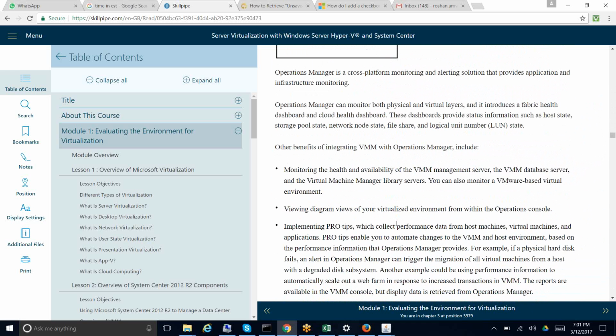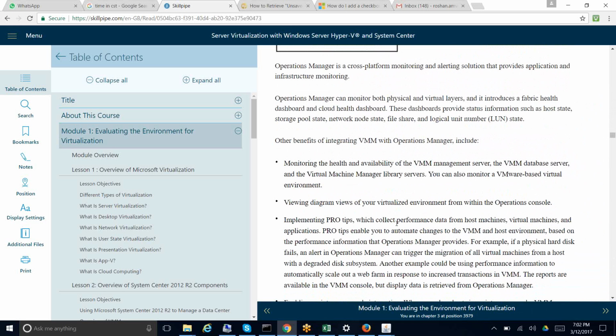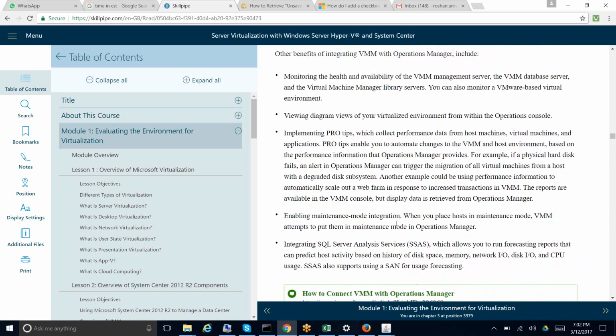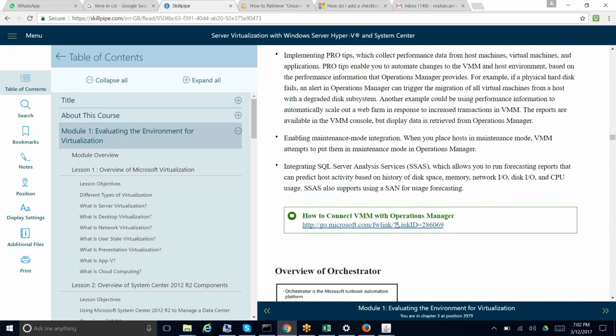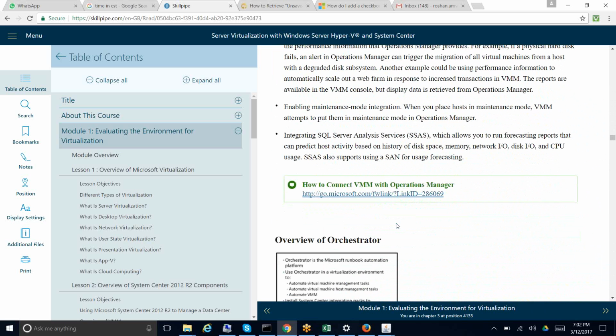For example, if a physical hard drive fails, an alert in Operations Manager can trigger the migration of all virtual machines from a host with a degraded disk subsystem. Another example would be using performance information to automatically scale out a web farm in response to increased transactions in VMM. So, in simple words,